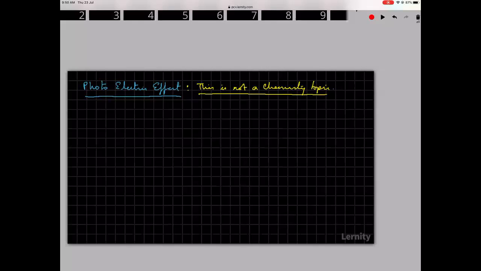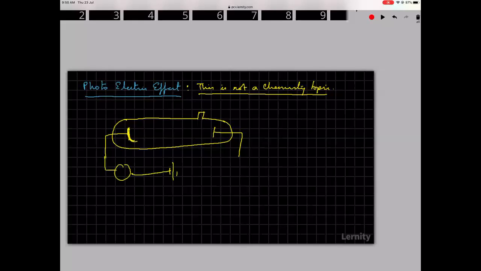So yesterday some students were asking, will every metal show photoelectric effect? Yes, every metal will show photoelectric effect, provided you incident the right energy on it. Anyway, first let me explain what is photoelectric effect, then we will see. So according to this particular thing, what happens is